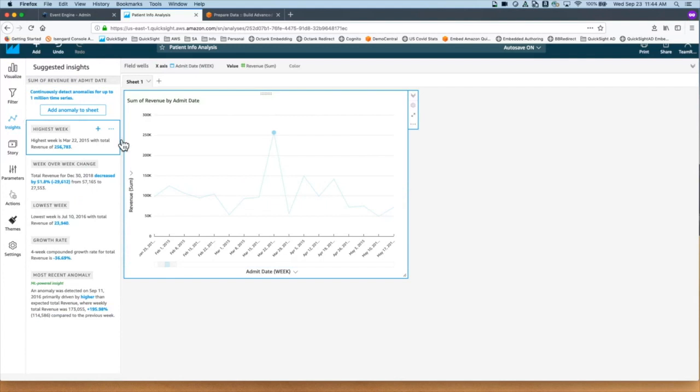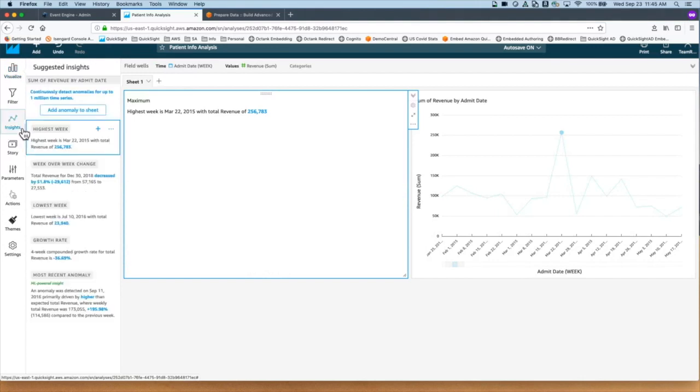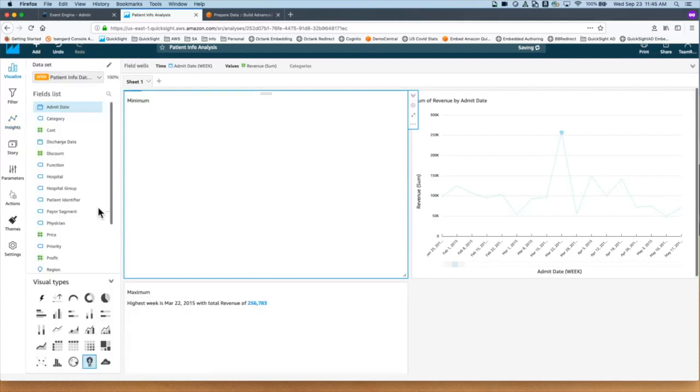Now, if I want to add this as a natural language narrative to my dashboard, I can do that easily by just clicking this plus icon within that box, and it says add insight. So I'm going to click that plus icon within highest week, and it adds a visual to my analysis here. I'll click on insights again, and I will also add the lowest week. So I'm clicking the plus against lowest week. So it added both max and min values into my